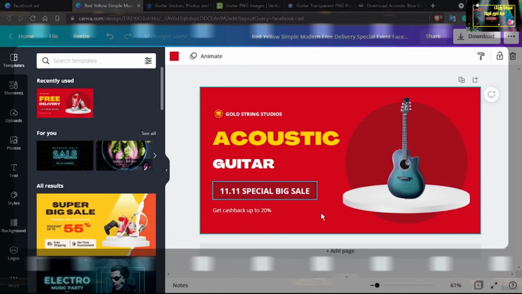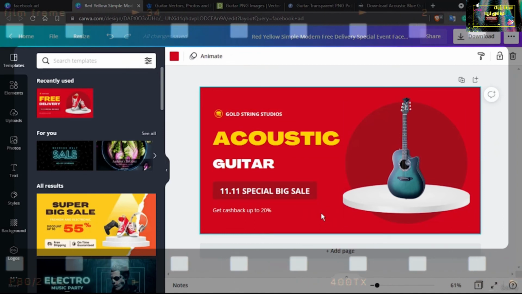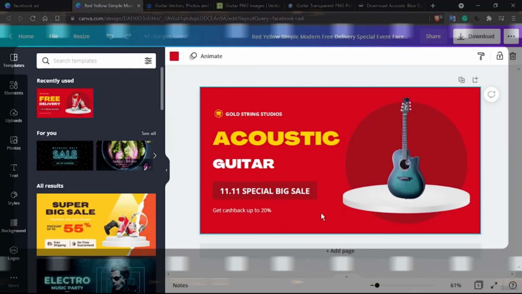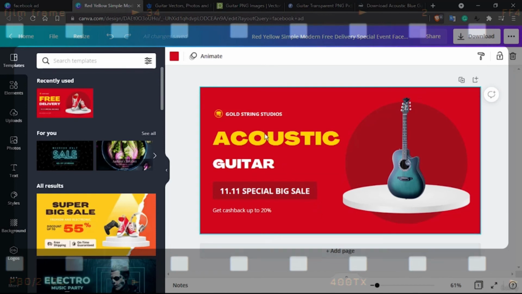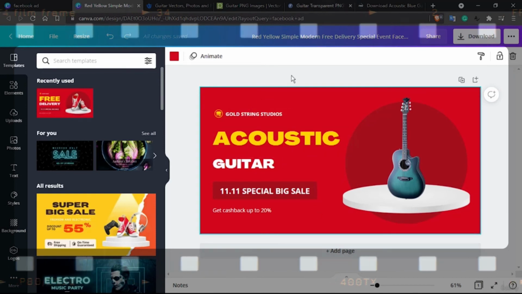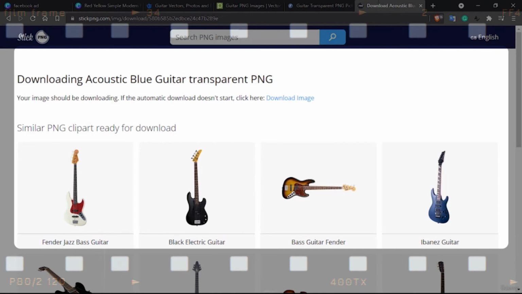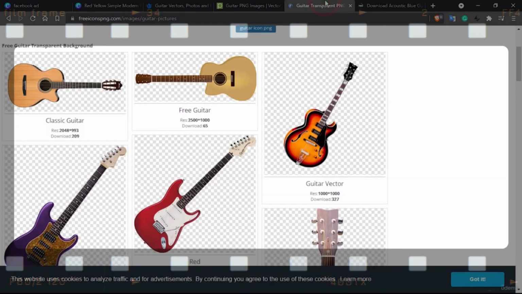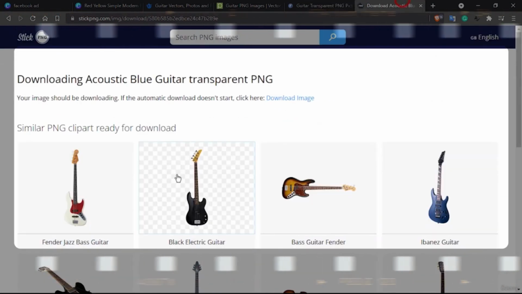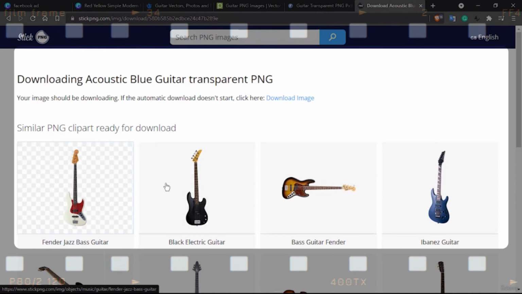So I think that would be all for this design. This looks simple enough and not any hi-fi design. So this is actually good enough to get started, and the dimension is already right for what we need. So we downloaded from stick PNG, I guess. Yeah, we downloaded from stick PNG, and that was